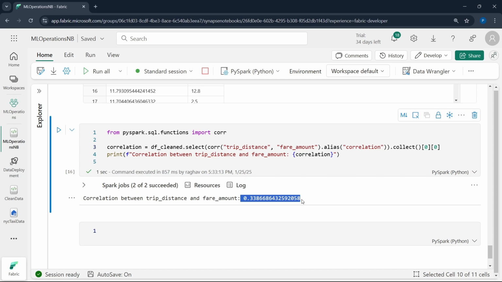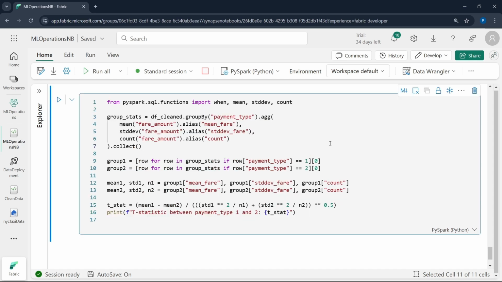Now let's move on to the next. The next thing we are going to do is calculate the t-statistic for comparing the average fare amounts between the two groups, that is payment type 1 and payment type 2. So let's understand what this is doing. First thing is data grouping. It groups the data by payment type, either 1 or 2, and calculates statistics like mean fare, standard deviation under the name std_dev_fare, and count under the name of count, of the fare amount of each group. And then it extracts the group statistics